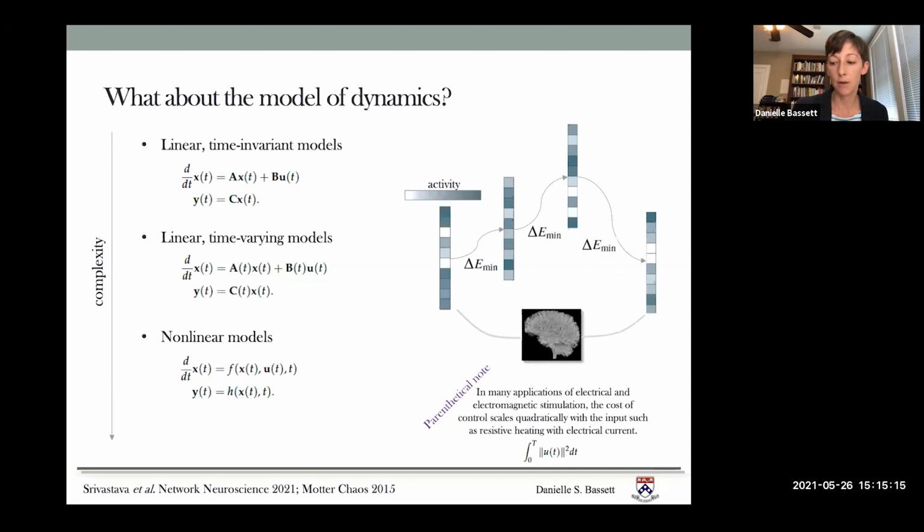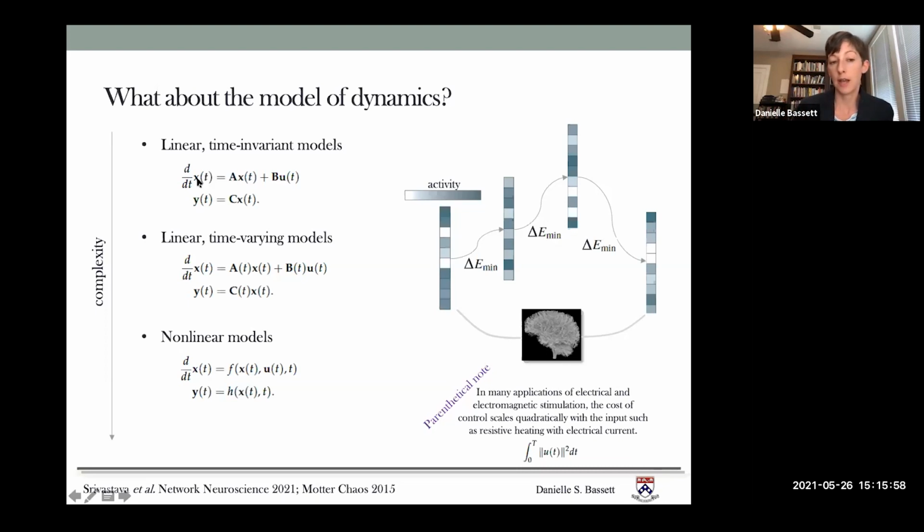So after talking about the mapping of the network, I wanted to mention the model of dynamics. Typically, one would begin with the simplest model, which would be the linear time-invariant models. These state that the state of the brain, x, at time t is equal to the state of the brain at time t minus 1 times the adjacency matrix A, which is probably going to be the structural connectivity matrix to begin. And then plus the control input u as a function of time, times B, which is a matrix, typically with ones along the diagonal that indicate which region actually has control input being injected into it.